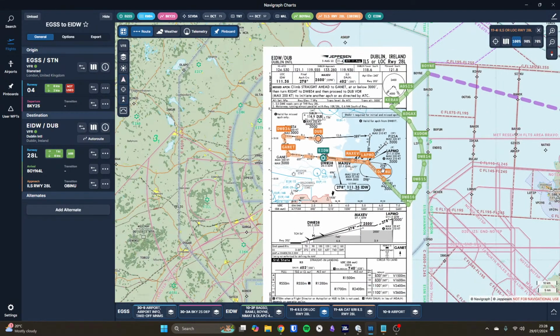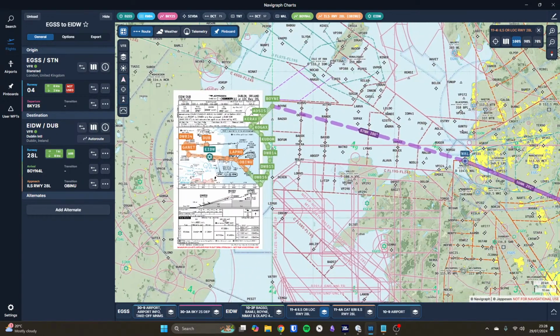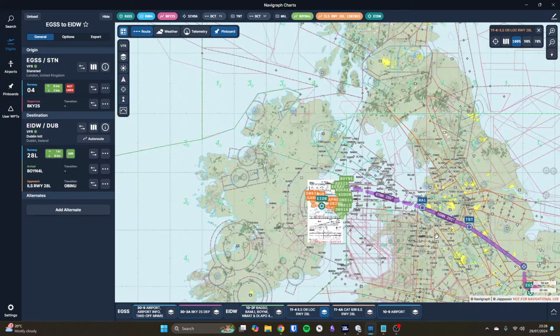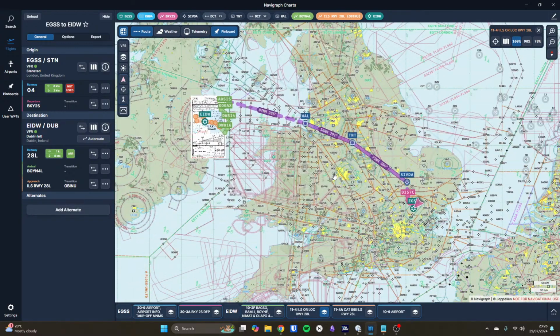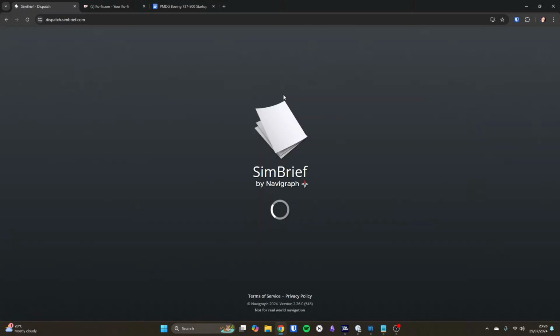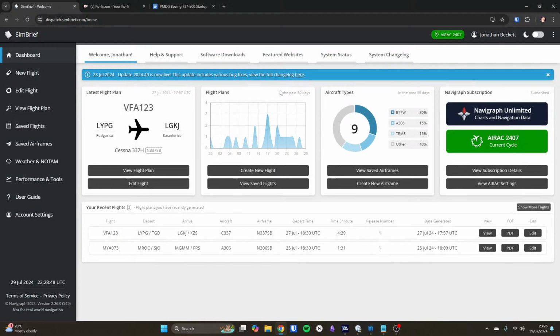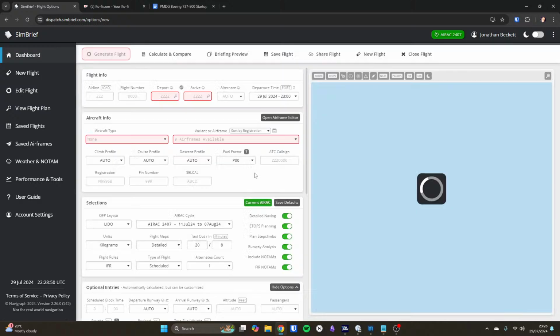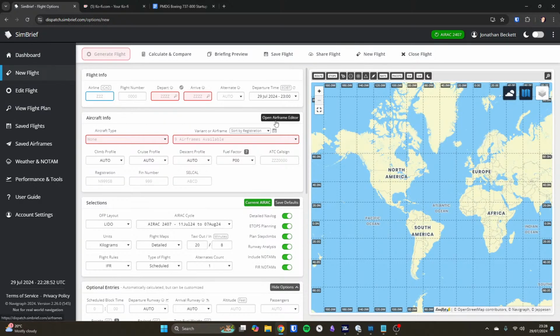Okay, so we've got that into both Navigraph and into LittleNavMap. So I've shown you how to program that in both cases. We're now going to go into Simbrief and do the same again, but we're going to cheat slightly. So we're going into the dispatch system in Simbrief, and we'll create a new flight, and we'll say where we